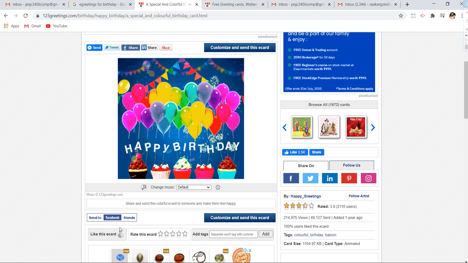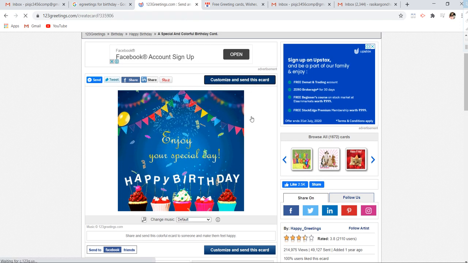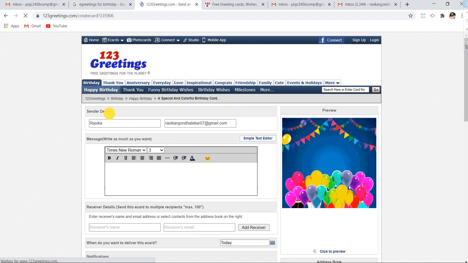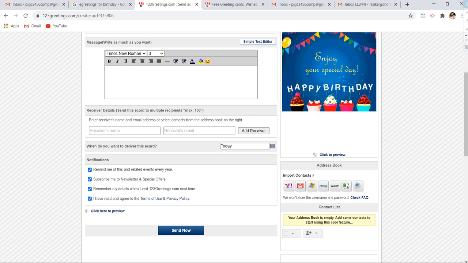I am pausing it. Now you want to customize the card. You can customize the card as per your requirement. Customize the e-card. Now here you can mention the sender's name. You can even mention the text whatever you want to insert, and you can write the receiver's name.